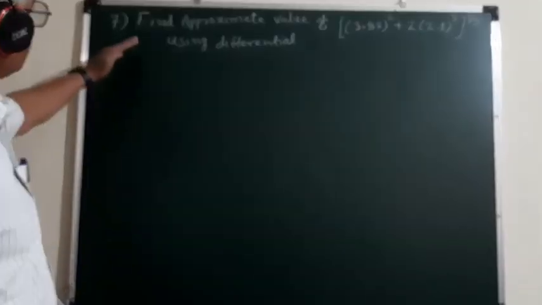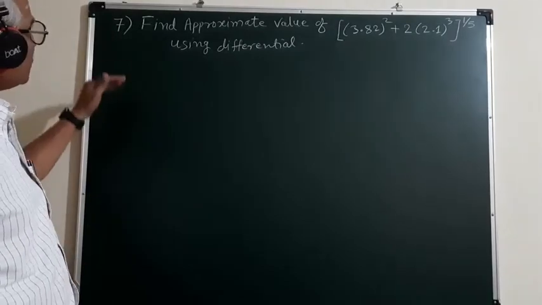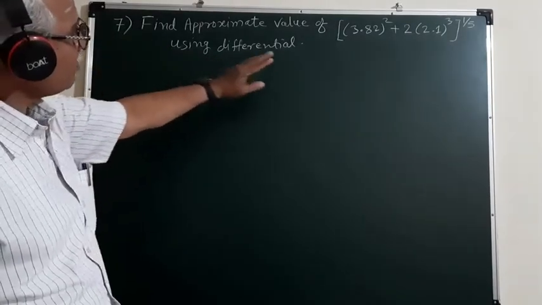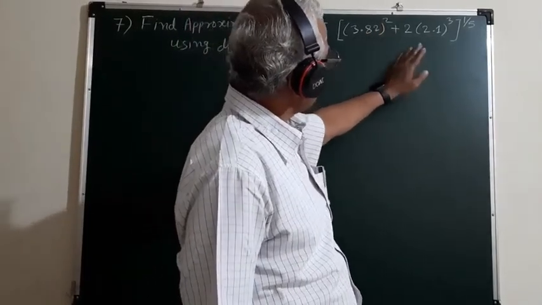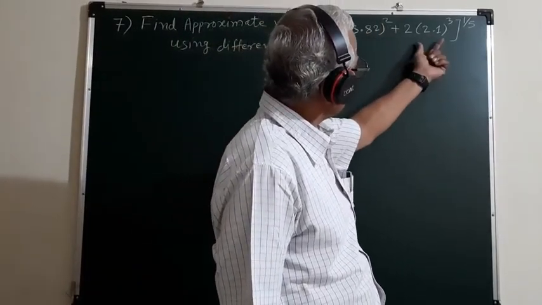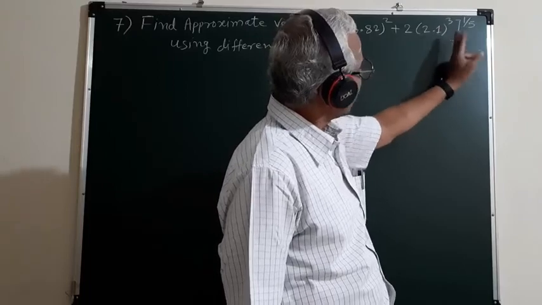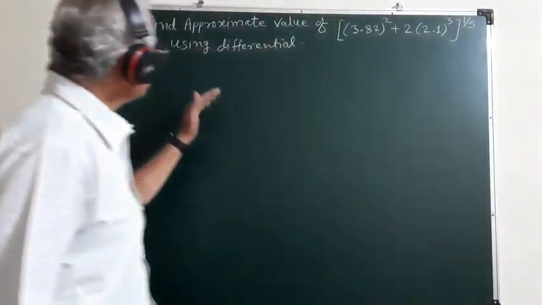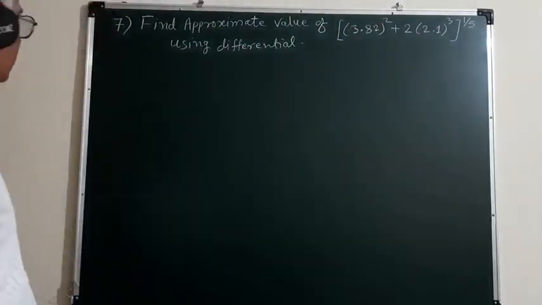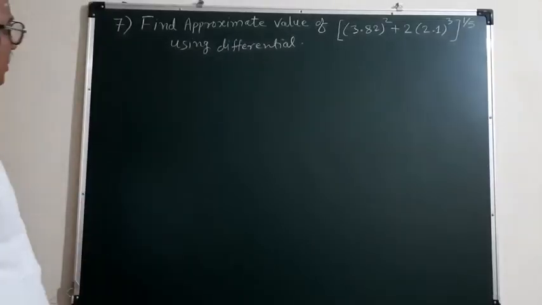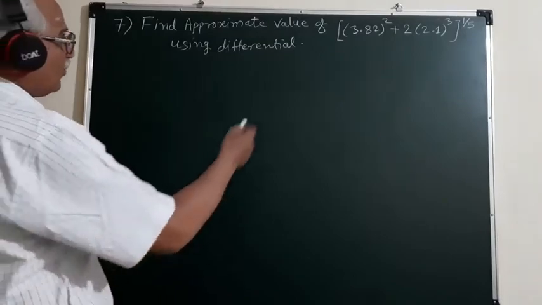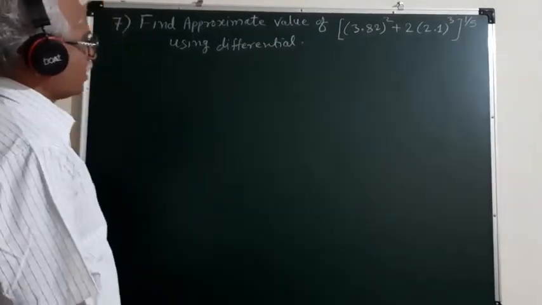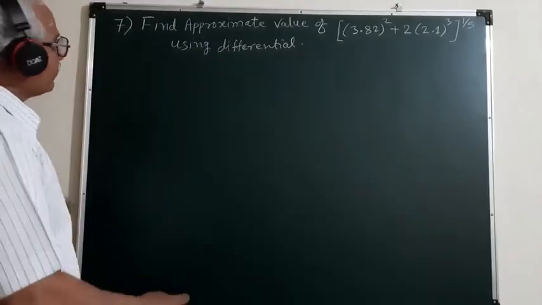So here we have the first problem. You are asked to find the approximate value of the expression (3.82)^2 + 2(2.1)^3, the whole bracket raised to 1/5, by using the concept of differential, or total differential, as we can say. In order to find the approximate value of this function, let us